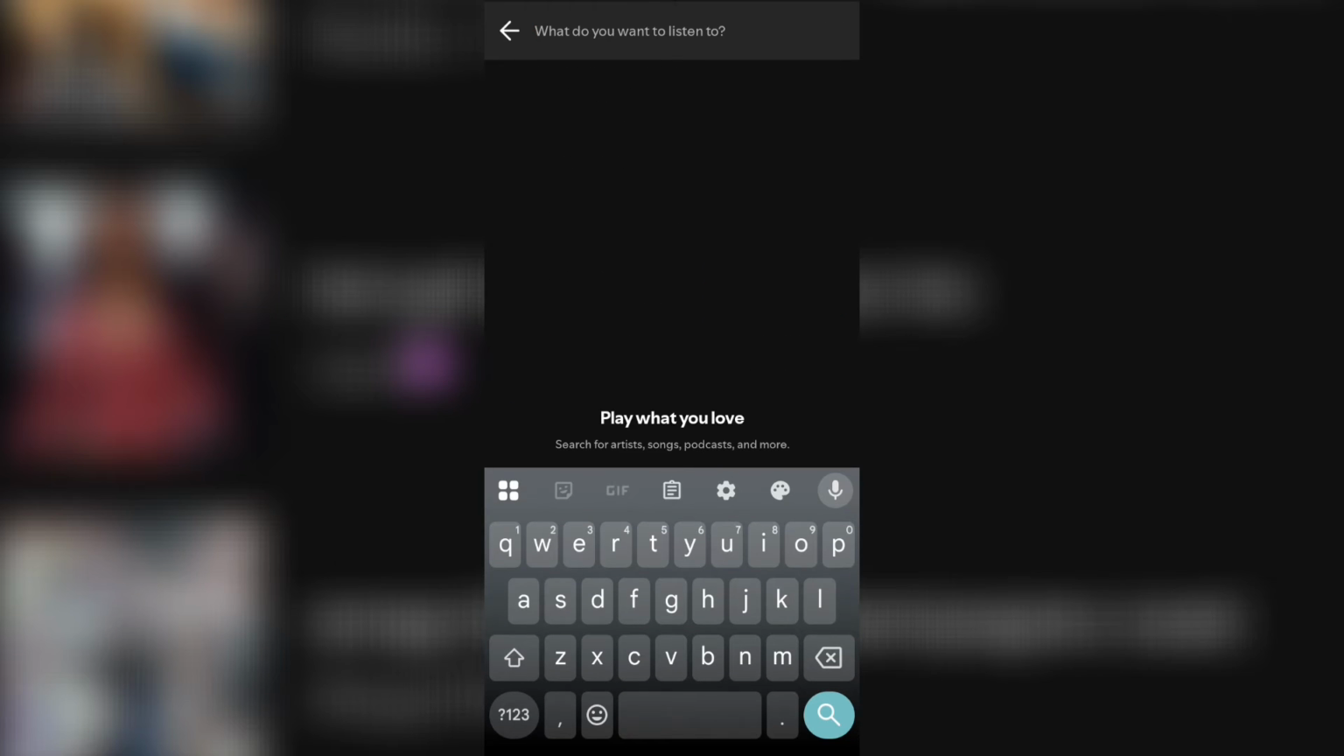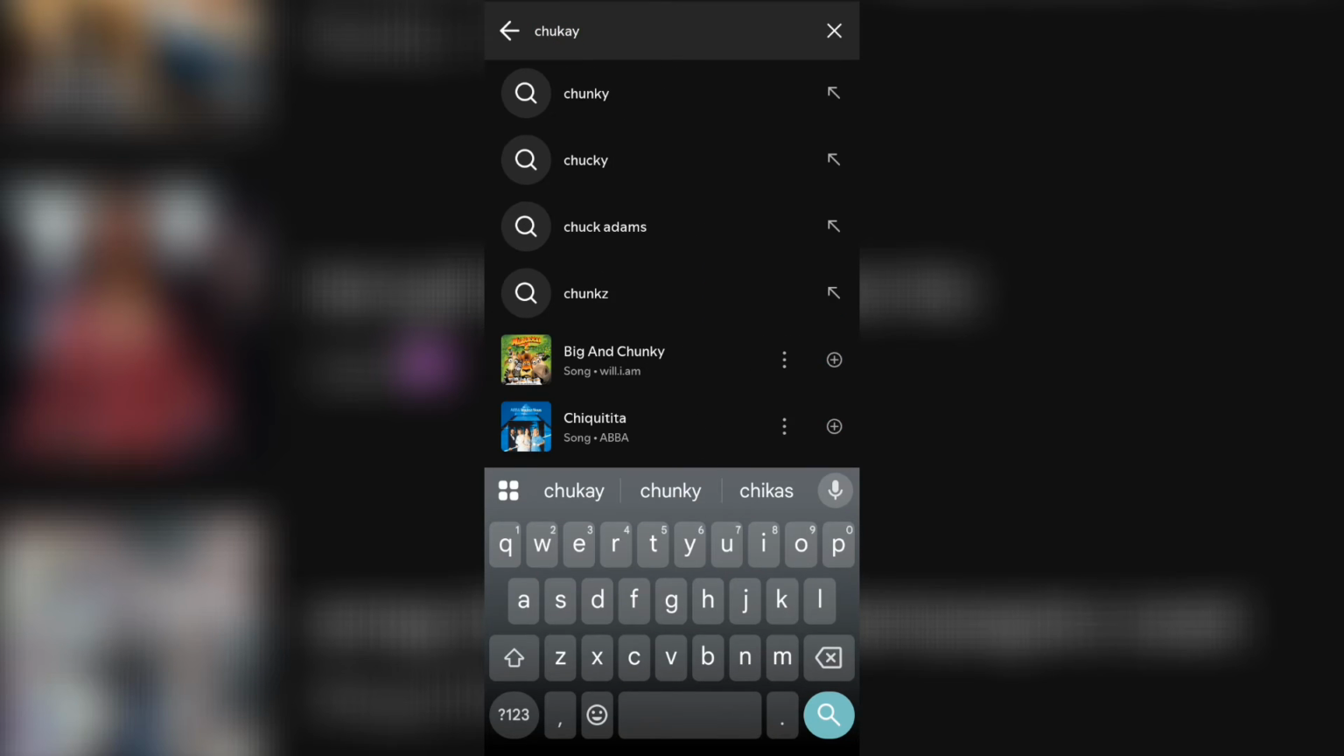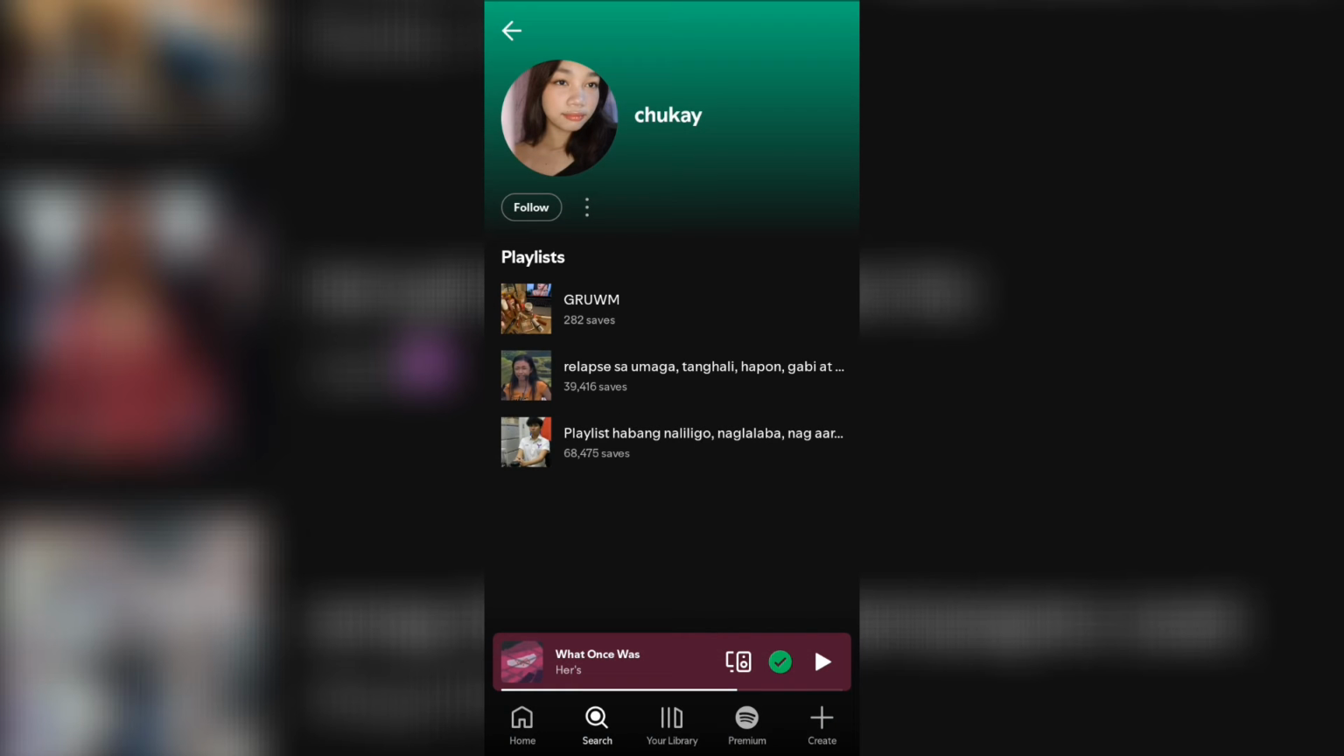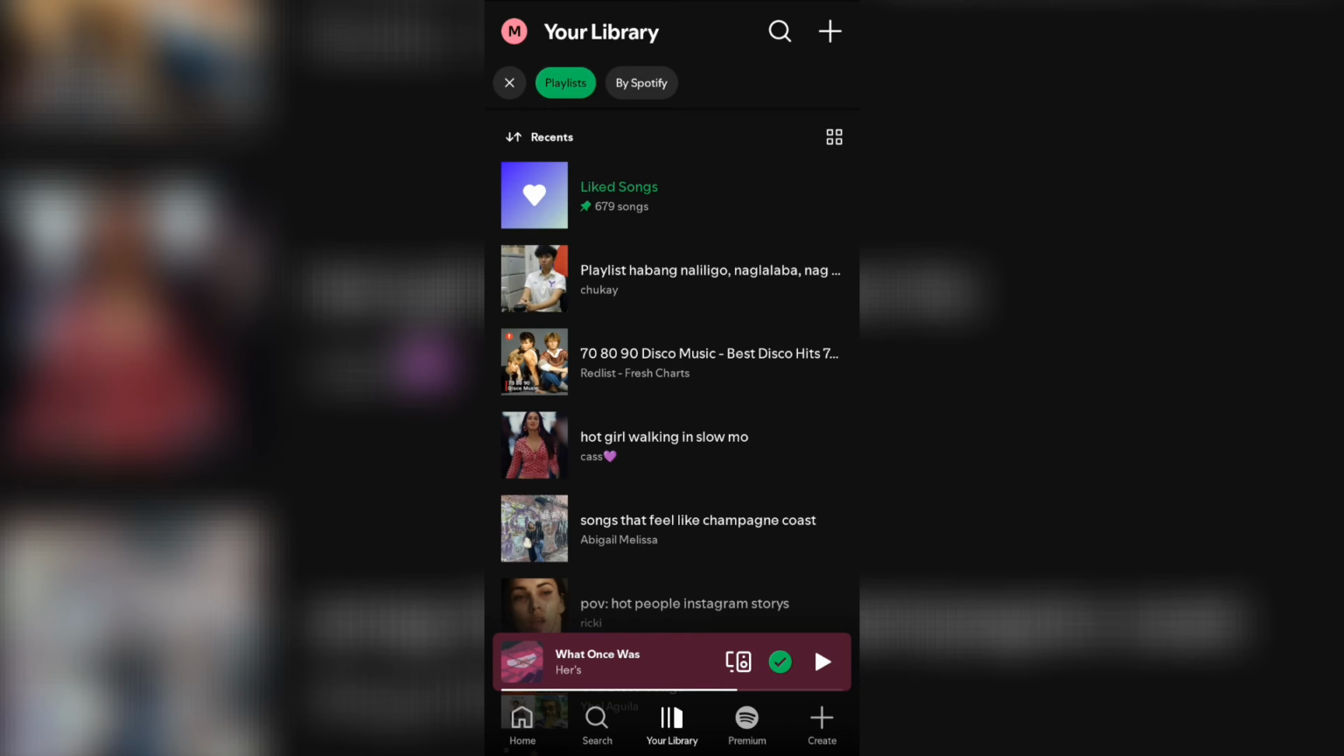You can also find public playlists by visiting a user's profile directly. If you know their username or follow them, go to their profile and scroll down to see their public playlists. Anyone who has set their playlist to public will have them visible here, and you can follow them with one